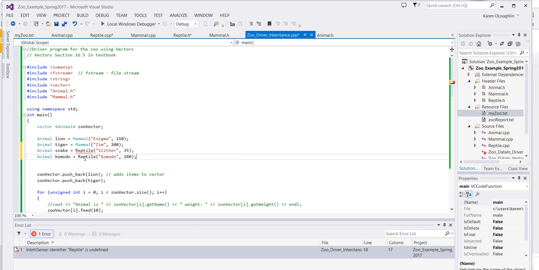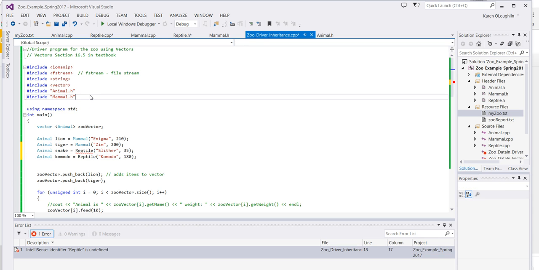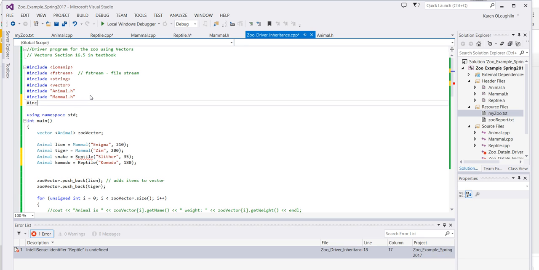Now, it doesn't like something I'm doing here. If I hover over the error, it says that reptile is undefined, and you're going to run across this error quite frequently when you're working back and forth with classes and using inheritance. It does not recognize anything that's a reptile because I did not pound include reptile up here. So I do need to remember to pound include my reptile